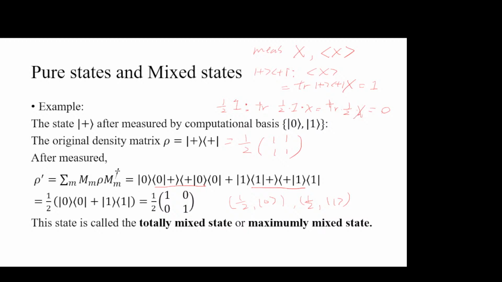Okay. And so you see the expectation of x is different, and this calculation should check out, because if you measure x on the plus state, then you have probability 100% of getting the plus state, which is +1 eigenstate of x. And if you measure x on the identity, you will get 1/2 probability of getting plus and 1/2 probability of getting minus, which means that the expectation value is 1/2 of 1 plus 1/2 of -1, equal to 0. Okay. Any question on